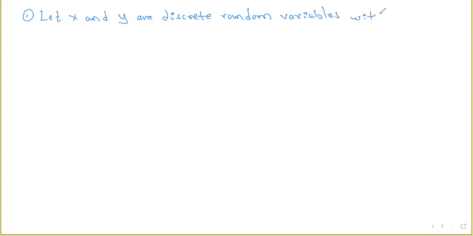Example number 1. Let x and y be discrete random variables with joint probability mass function